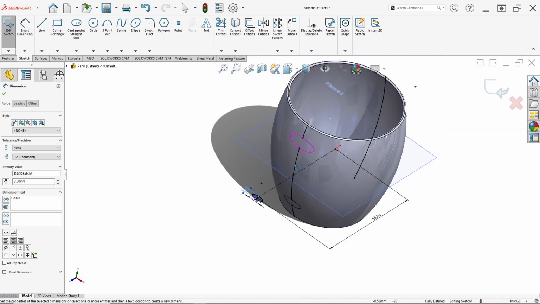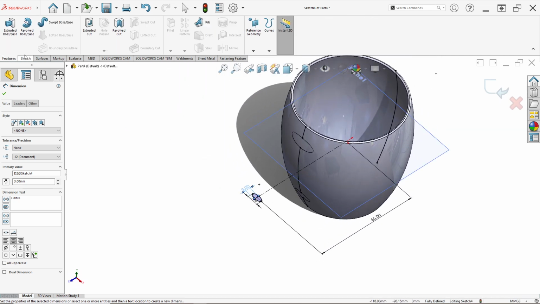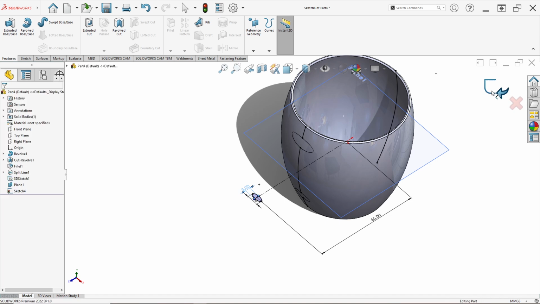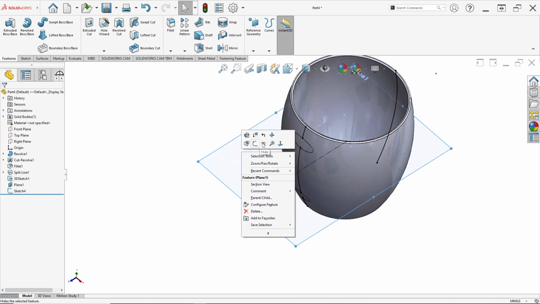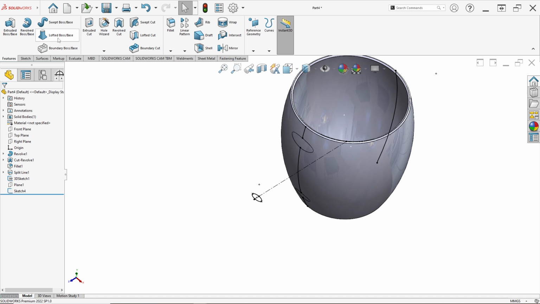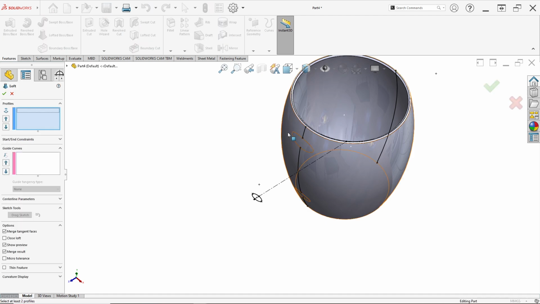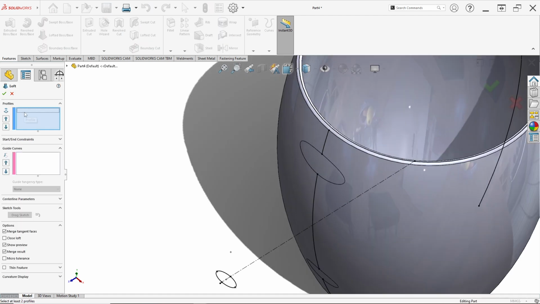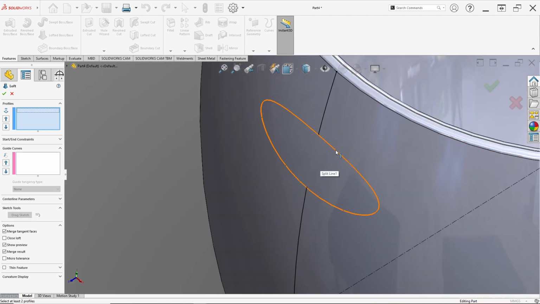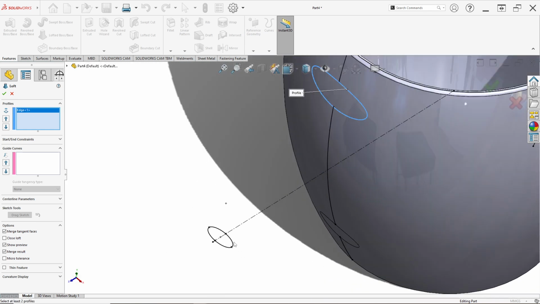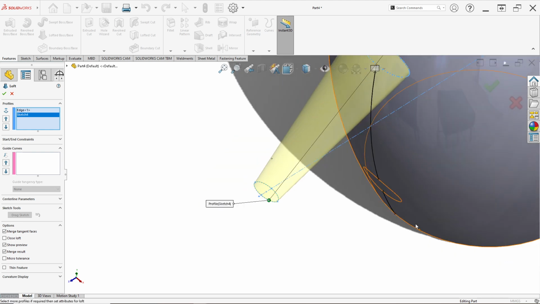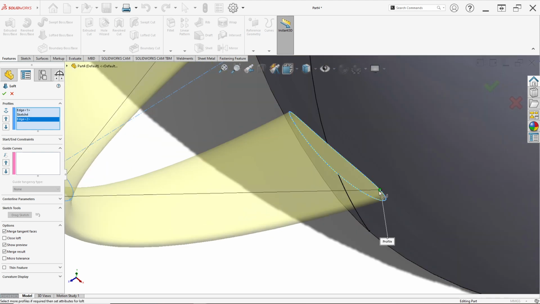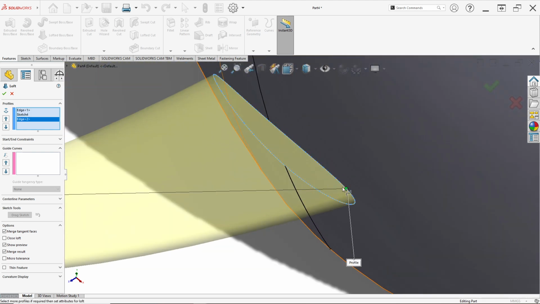After that, go to Features and click Lofted Boss. We want to exit the sketch first, and we can hide Plane 1. Click Lofted Boss, and from Profiles, click this edge or sketch, this sketch, and this sketch like this.